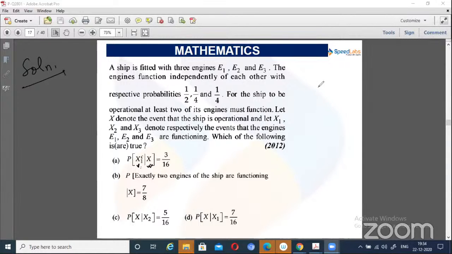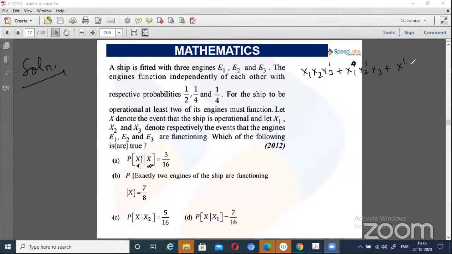So first we find the probability of the ship being functional. क्या probability होगी इसकी? X1 working, X2 working, X3 not working,